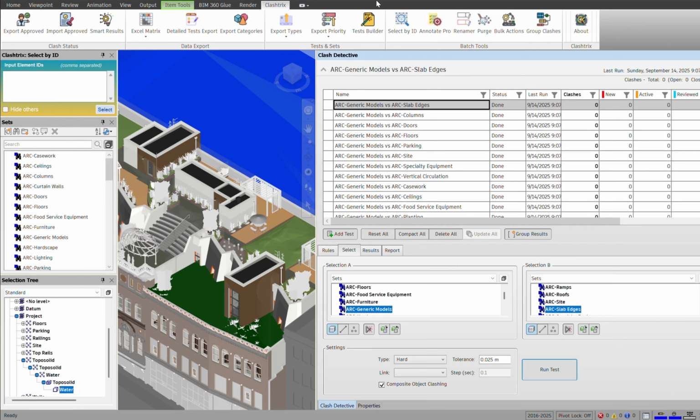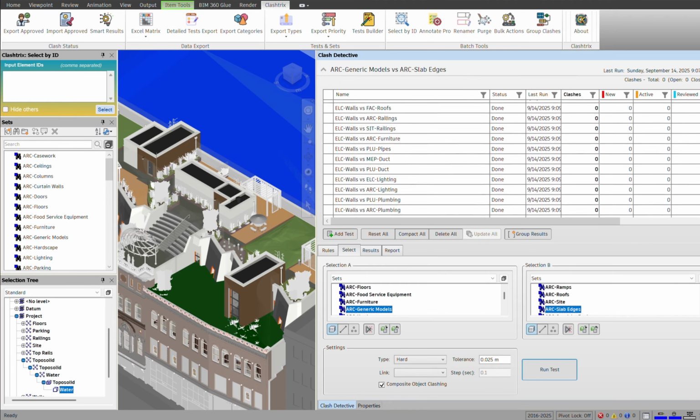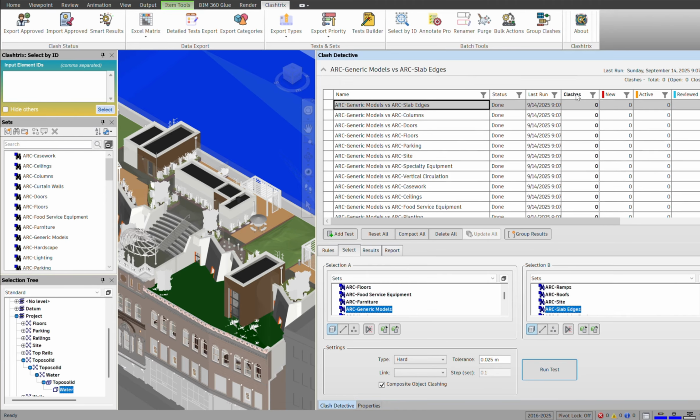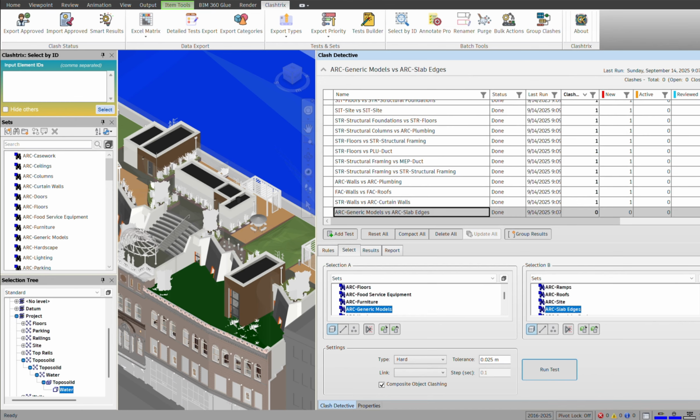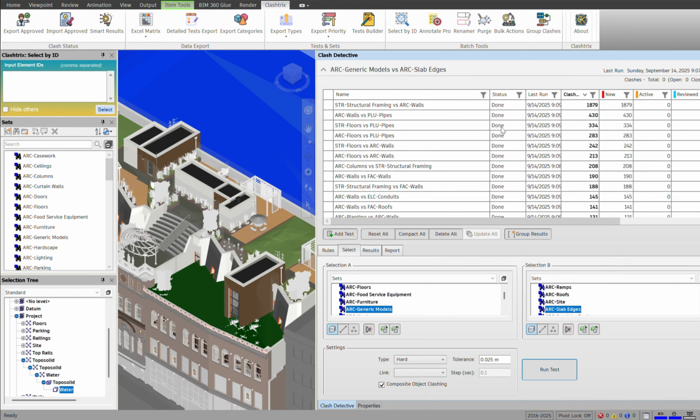The test results are now updated, and we can see the clash count associated with every test. Let's sort the tests by number to see the results on top. If you recall, when we used the Tests Builder, we input the tolerance value to be 25 mm for all the tests. Let us use the Bulk Actions command and change the tolerance to 0 for any tests related to